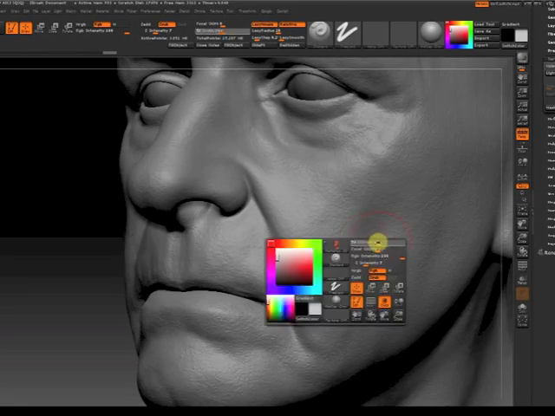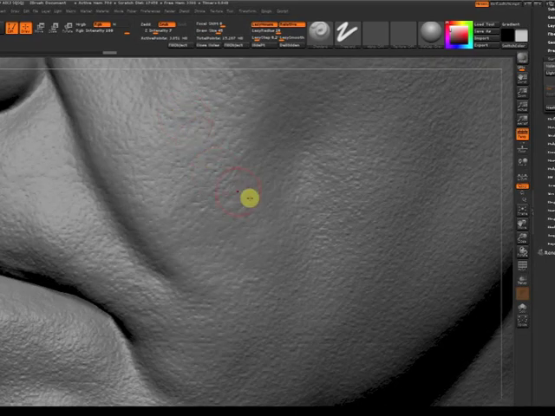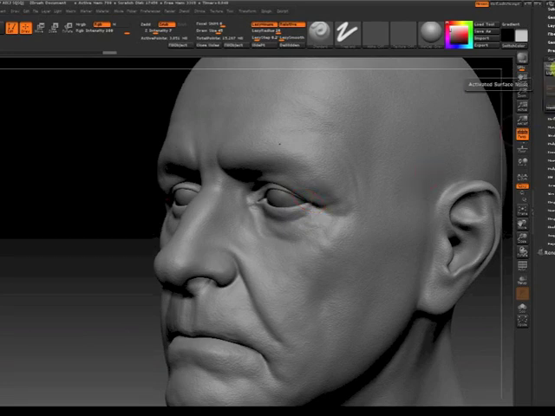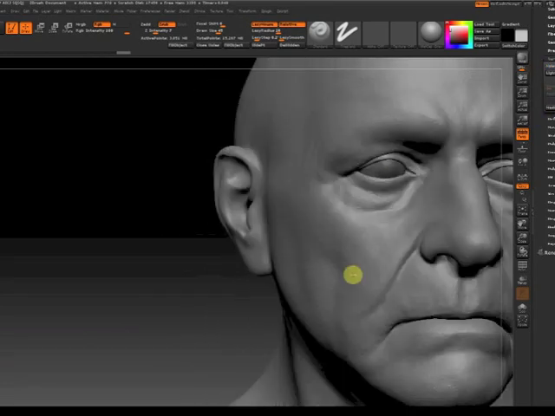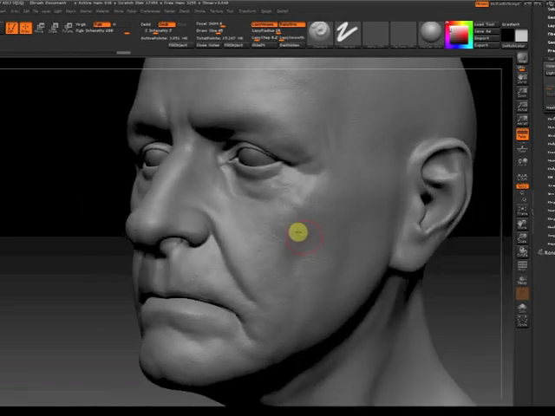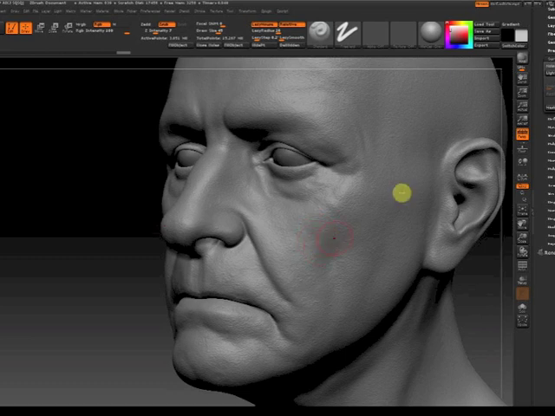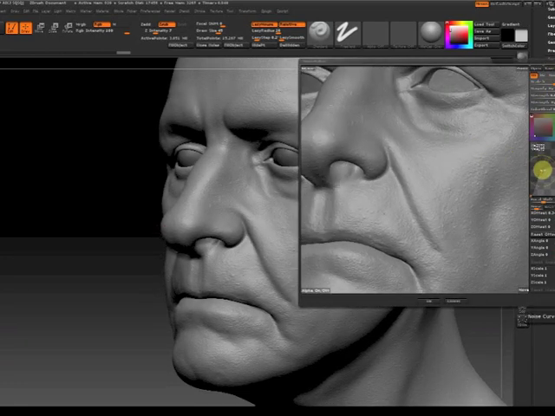So when you apply, it's adding some random dots, as you can see here, all over the mesh. If it's not enough, you can apply it again to have more random details on it. So you can use this and change the numbers and change the shape here to have different looks if you want to